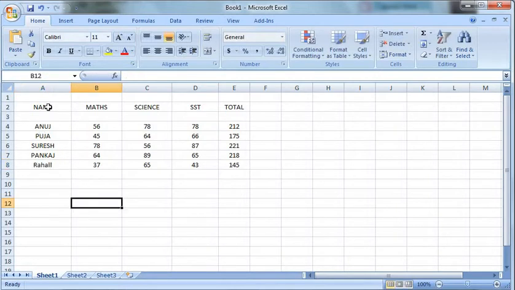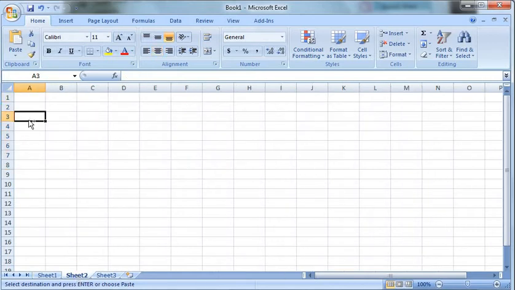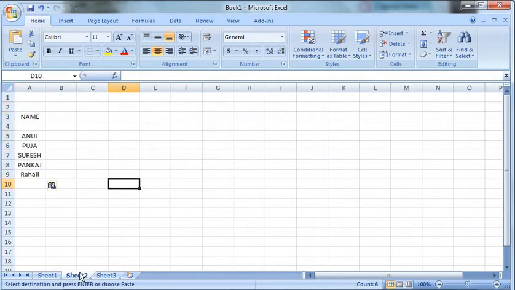Okay, now I am copying the same names, and I have selected Sheet 2 from here. These are the names, and suppose I want the English column here in Sheet 2.